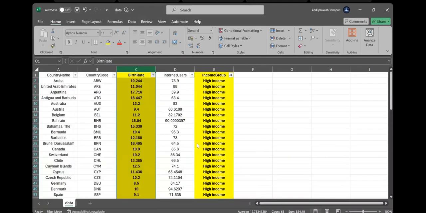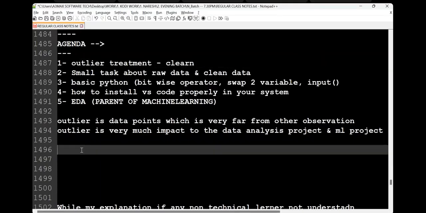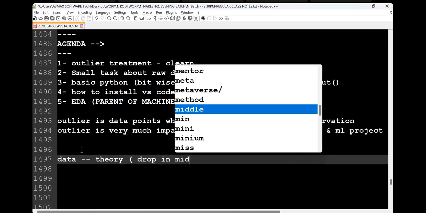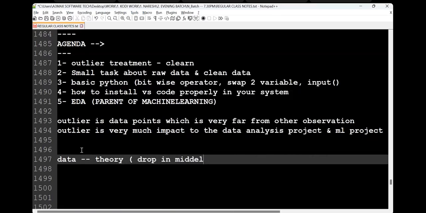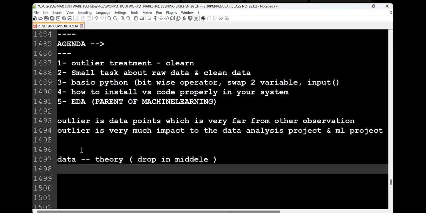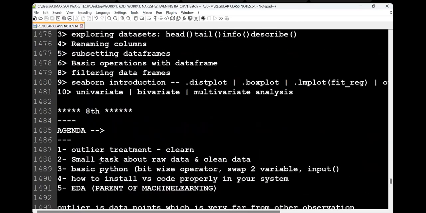Clear? Let me tell you, there are a few things. Data science requires a little theory as well. If you do not understand theory, you never build practicals, guys. So many people drop out in the middle because when I give a little explanation on theory, even though I try my best to give the best examples, people are sleepy here. And you attend here but think of something else. Okay, so please don't do that. I request you, and that's where we continue.